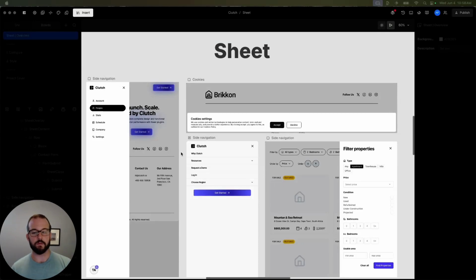The sheet element from Clutch Elements provides you a way of showing content to users in a way that the content will appear from a certain side of the canvas or the page itself. So whether you want maybe a cookies banner to appear from the bottom of the page or some type of side navigation that appears from the left to be able to navigate through different pages and links of your site, or you're wanting to create maybe a mobile drop-down experience where a list of links drops down from the top,